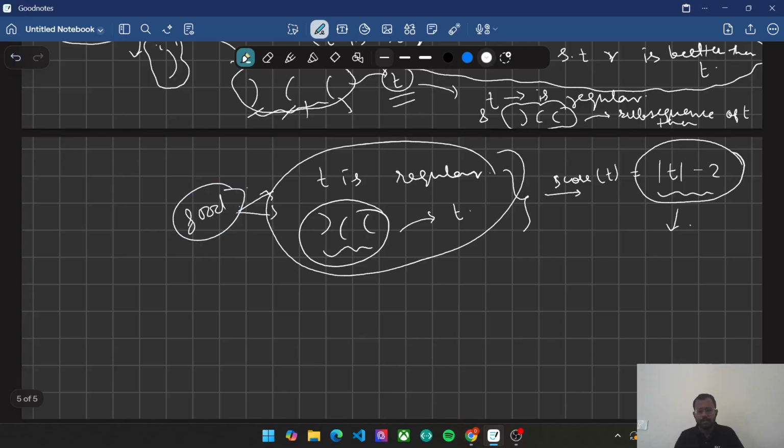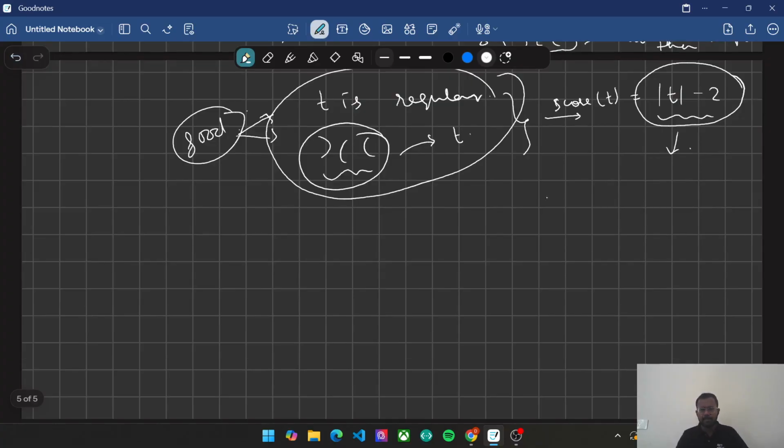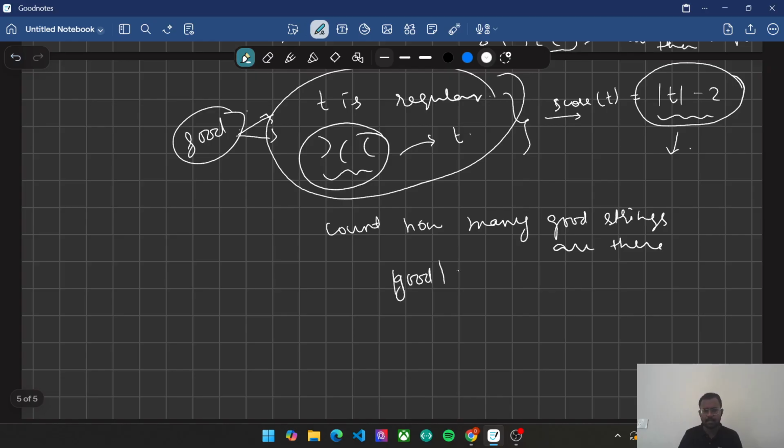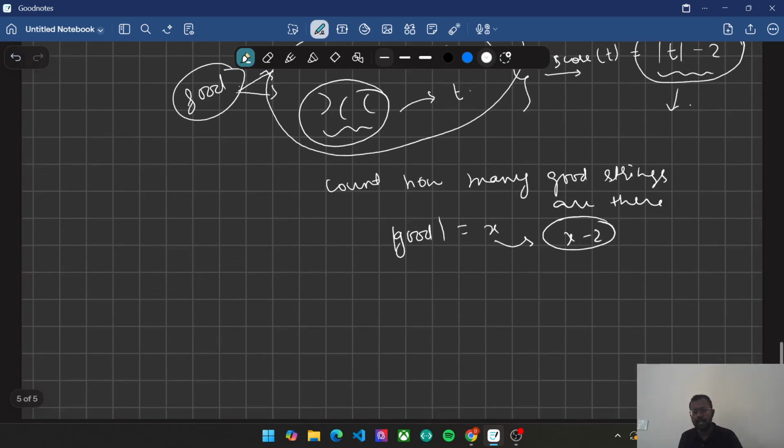So my task has been transformed to count how many good strings there are. If the size of the good string is, let's say, some x, then my score is going to be x minus 2, right? And since n is 100,